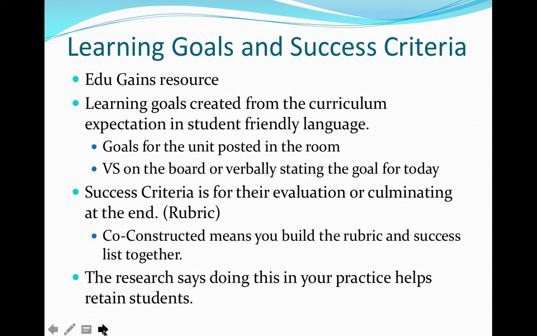Okay, and then you do a little bit of research about learning goals and success criteria. If you have no idea what those are, you definitely need to educate yourself. If your board is for some reason not using this lingo of learning goals and success criteria, you gotta get on that. And then I want you to spin and think about this as well, of what this looks like